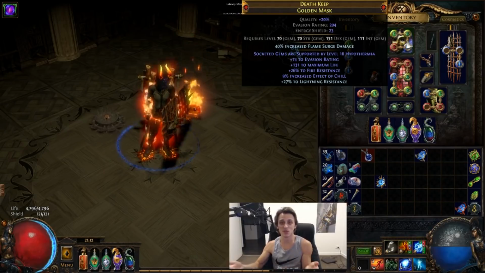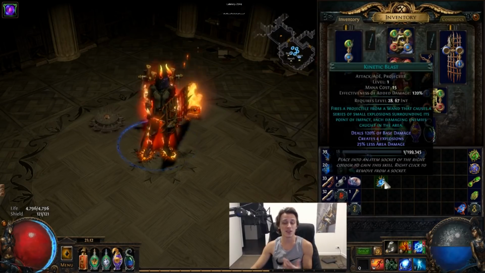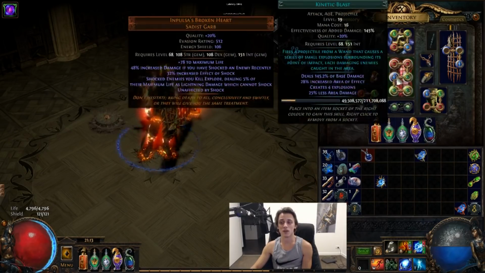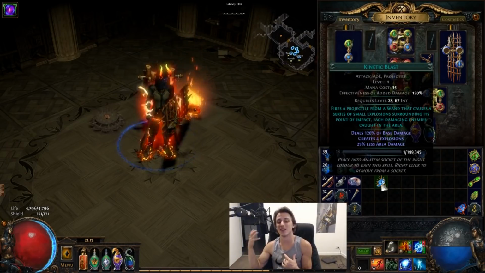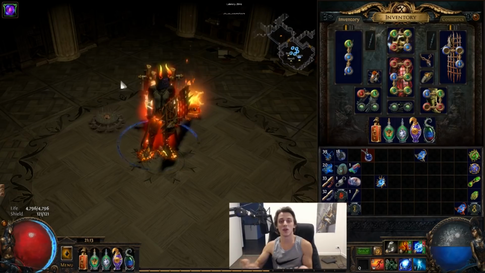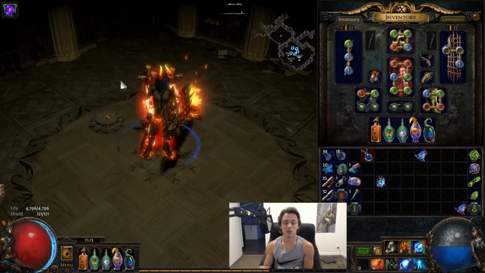So it did do some decent damage, but ultimately it just does not have the clear anywhere close to what a Kinetic Blast does. As I mentioned throughout the video, just subbing in a level 1 Kinetic Blast over a level 19, 18 Power Siphon was clearing way better and clearing through packs and off screen without even trying, while with Power Siphon you definitely had to attack a few times here or there to clear an actual pack by itself. So it was way worse, and I got up to about level 84